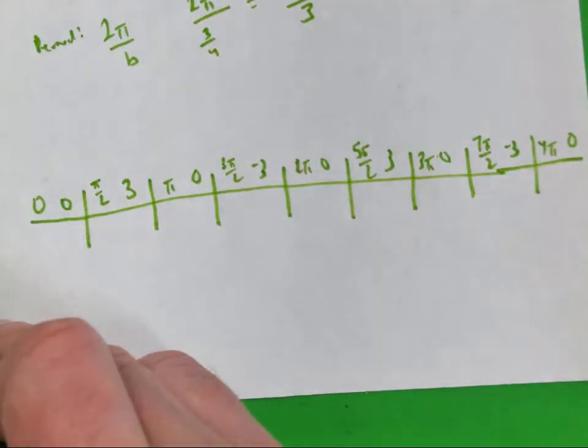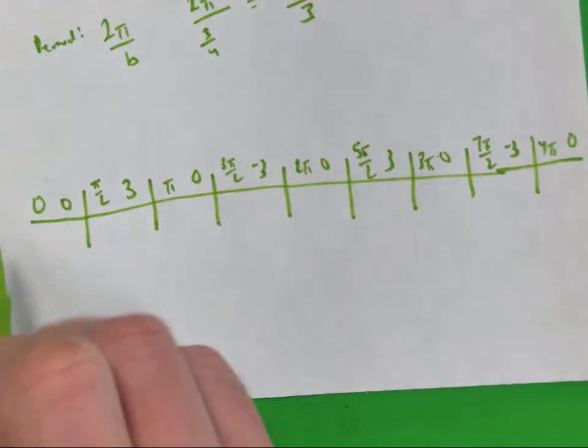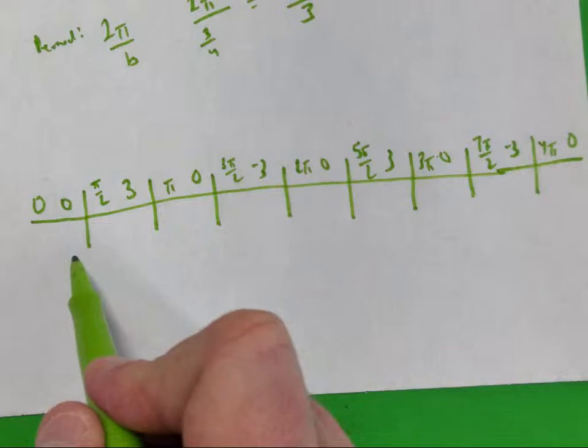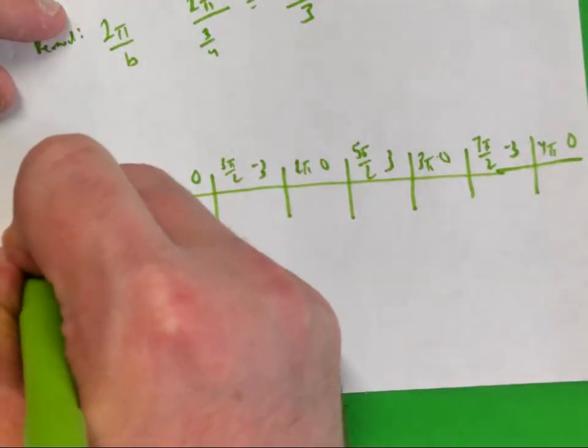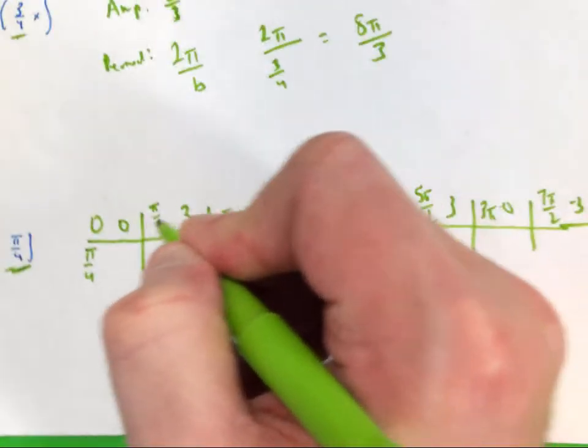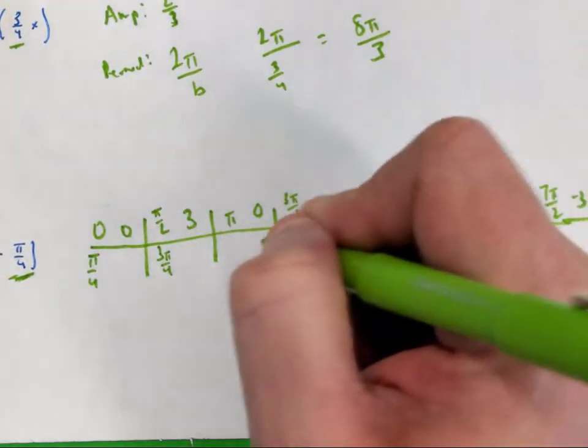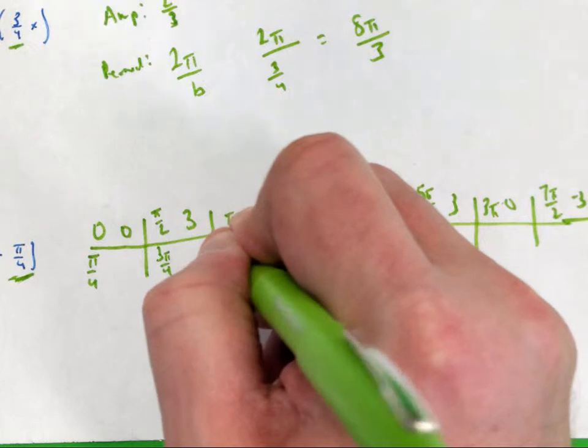Alright, you said this is the phase shift. So will I add pi over 4 to my x or my y coordinates? X, very good. So pi over 4, 3 pi over 4, 5 pi over 4,